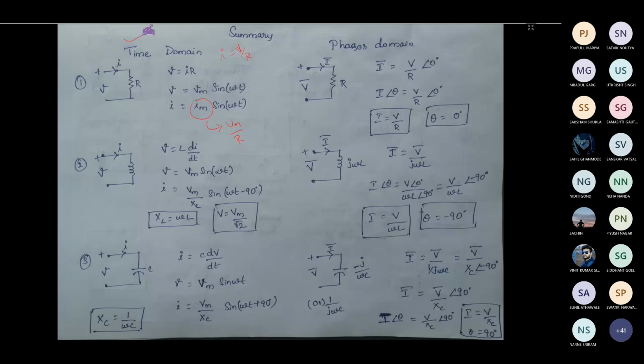So this is the time domain. What do you mean by time domain? Here your waveform is changing with respect to time directly, so you can call it the time domain. If t changes, the magnitudes of V and I change. In the phasor domain, which is also called the frequency domain, you will study it in detail in the networks and systems subject.